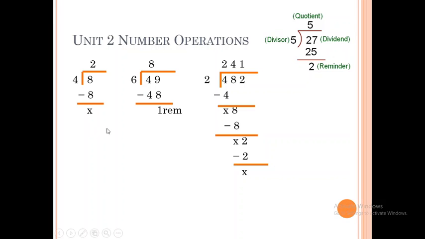Now these simple division again, only the method of writing and solving is different. One digit number divided by one digit number, 8 divided by 4, you will get 2 as quotient and there is no remainder. Two digit number divided by one digit number, 6 8s are 48 and after subtraction you will get 1 as remainder. Now this 3 digit number divided by one digit number.